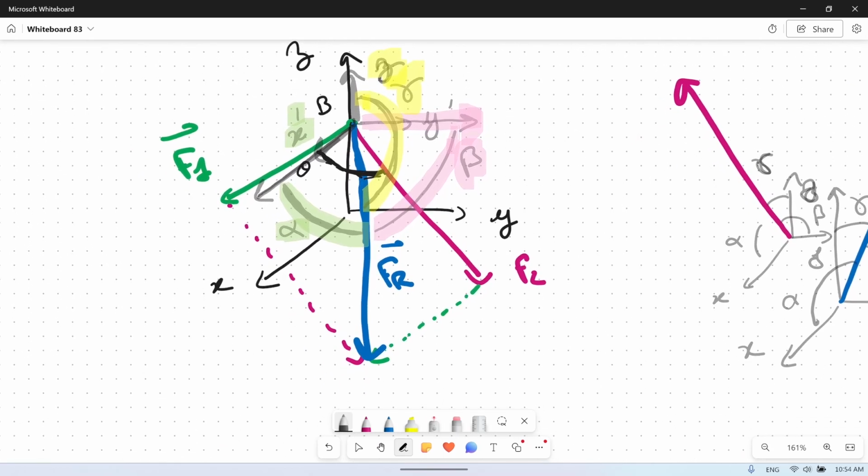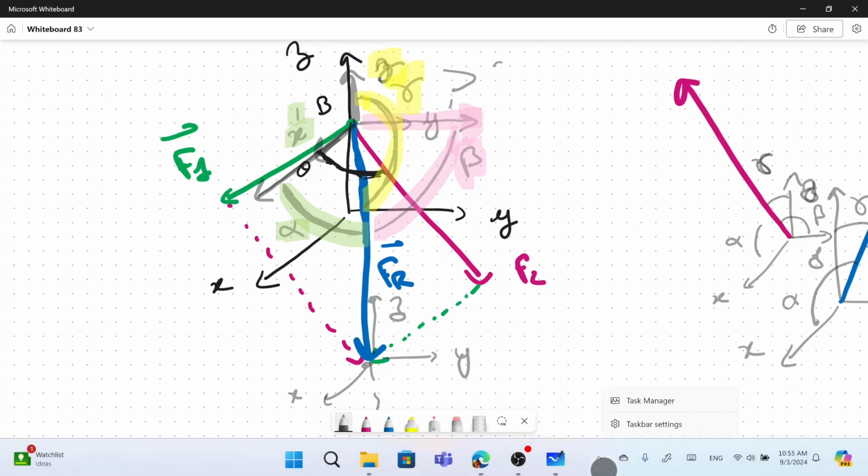Instead of writing x, y, and z at the point B, we can definitely write x, y, and z from any point where the vector is. That will be the same angles alpha, beta, and gamma. So you can draw it a bit longer, and that will be the same. Something to remember: this gamma, in our case, will be more than 90